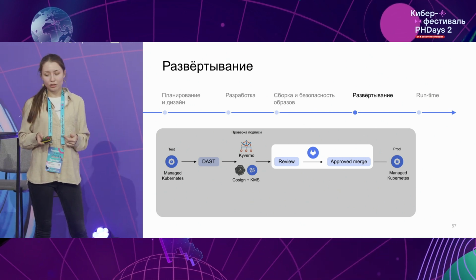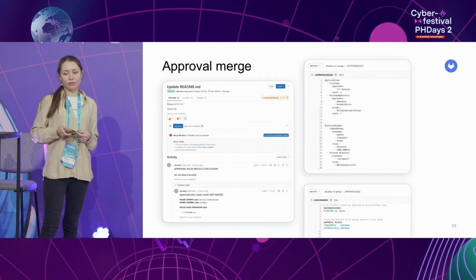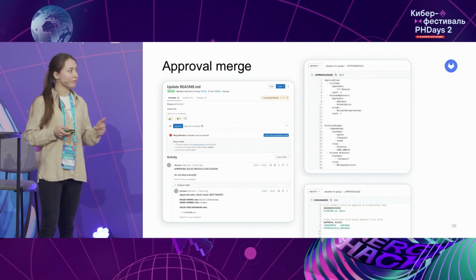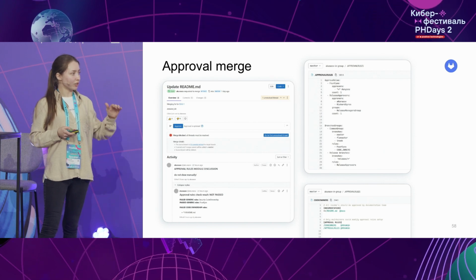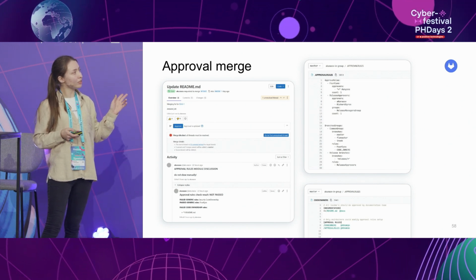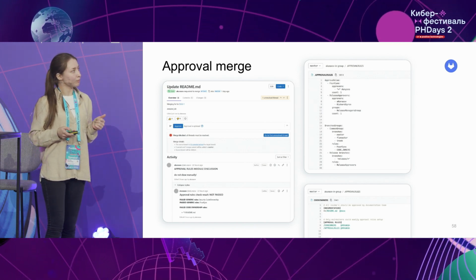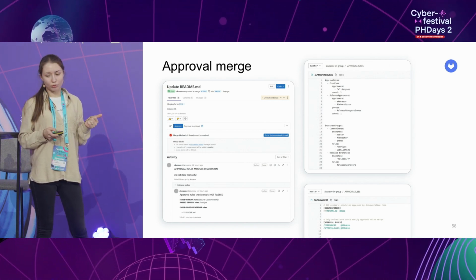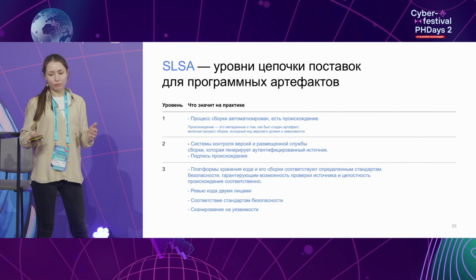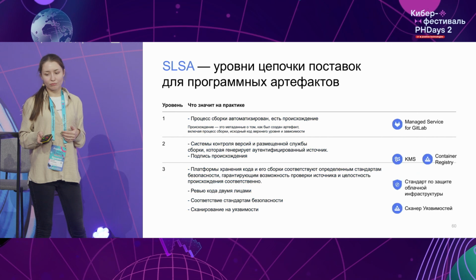After this, we have a review of our code, and in order to find out that the review process is being done properly, there's a functionality in GitLab, approval rules for merge requests. In approval rules, we have some definite users who can approve a merge request, and by this they can check the code review properties. So that's how it works. So that code wouldn't go into a merge request that was not confirmed by various important people. And by this, we're covering all the levels of SLSA compliance, and then we can